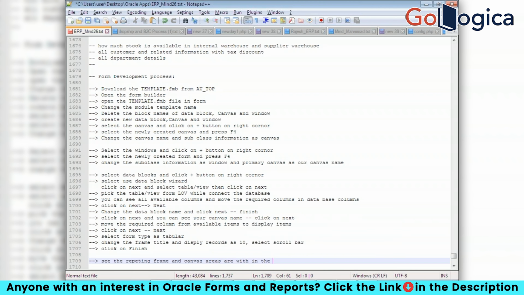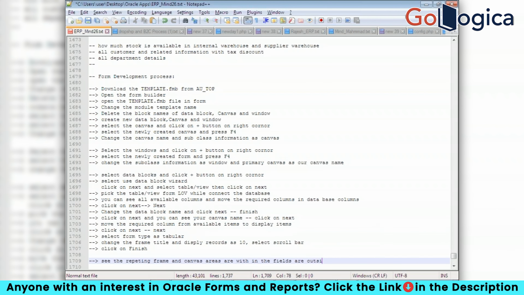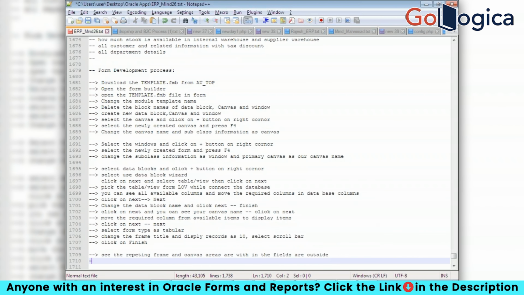Within the fields or outside. So if it is, see that you can adjust it. Okay. No need to write everything. If I write everything, we people are going to feel, oh, it's a lot of steps. It's difficult, we feel. Okay. Right. Next, go to